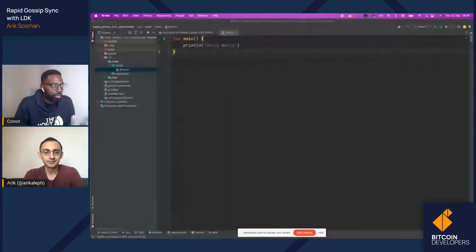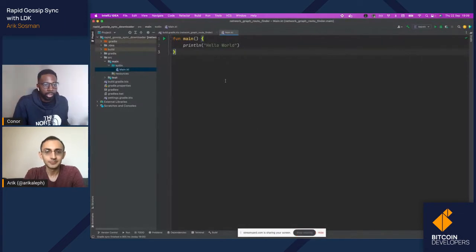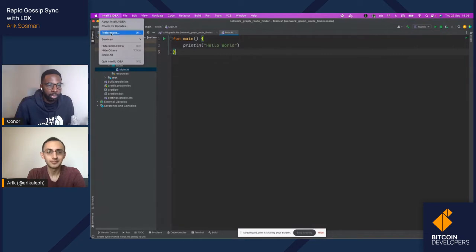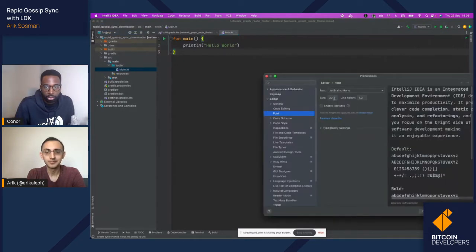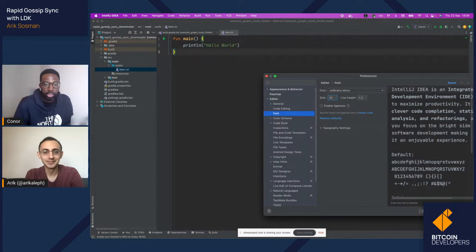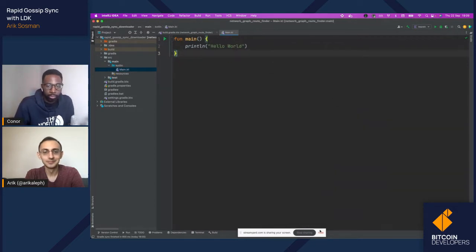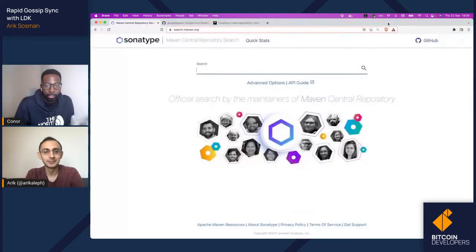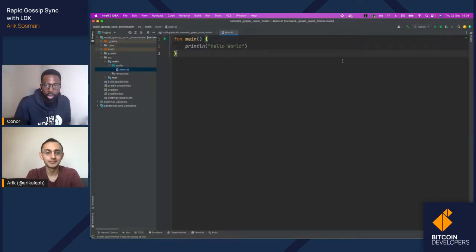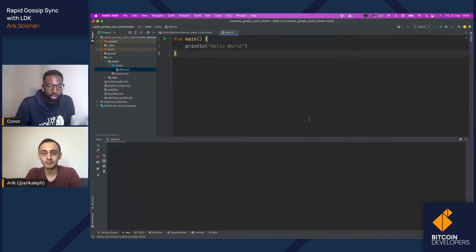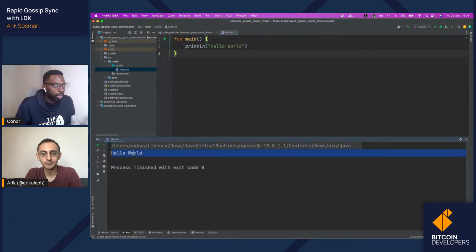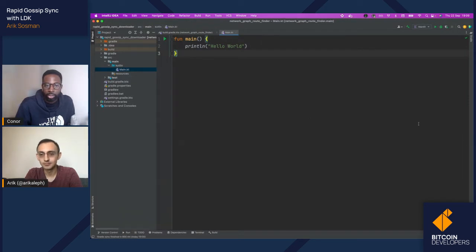Let me share my screen here again. Thumbs up from Xavier. I'll do entire screen. I'm just in IntelliJ IDE, and I've got a basic starter project set up. I'll increase the font size slightly for people on the stream. Okay, and I'll just run this to make sure it can run fine. So we've got our standard hello world there.